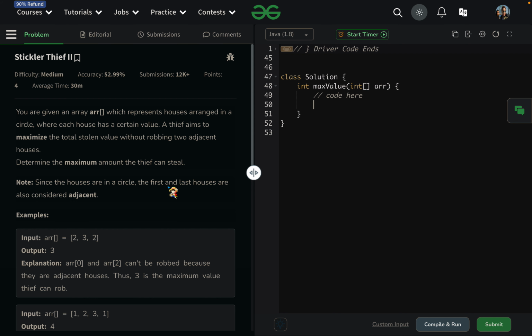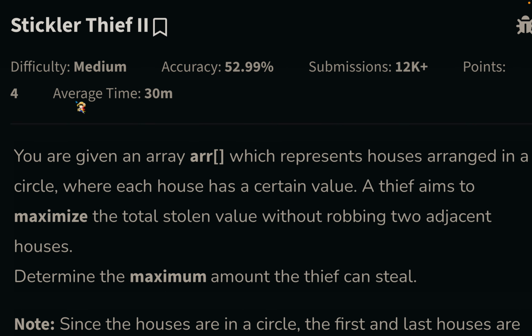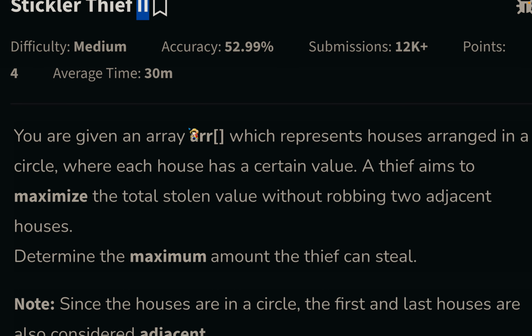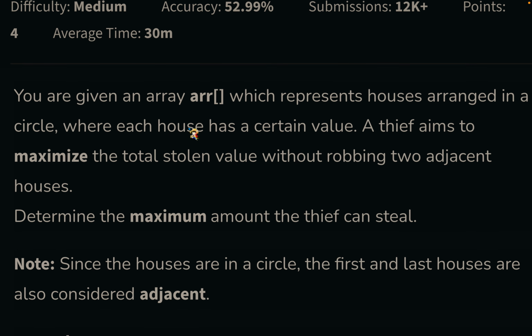Well, hello everyone, and today we'll be seeing one of the problems from Geeks for Geeks. You have a problem known as Stickler Thief 2, exactly. The Stickler Thief 1 problem is very much simple and similar to this, and it says that we